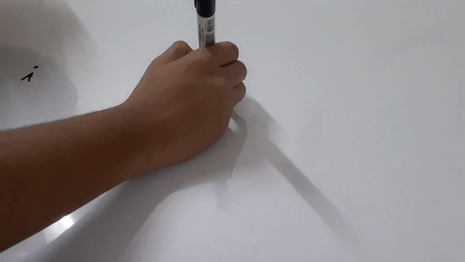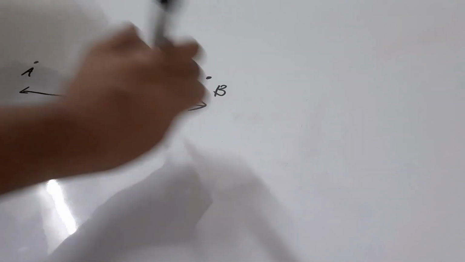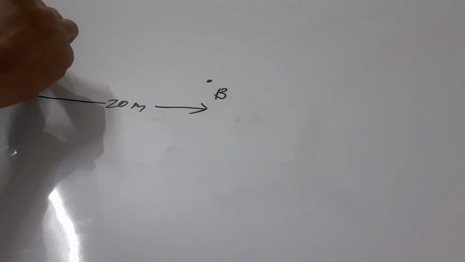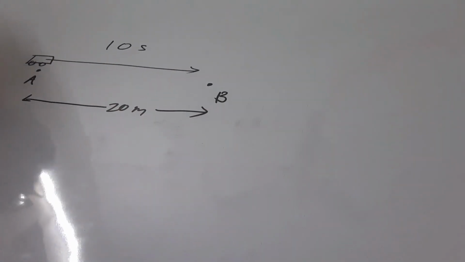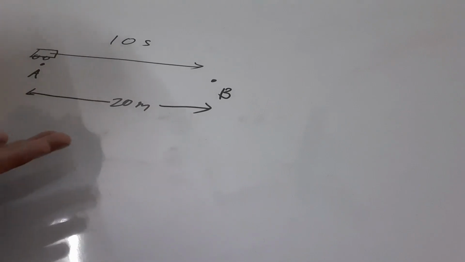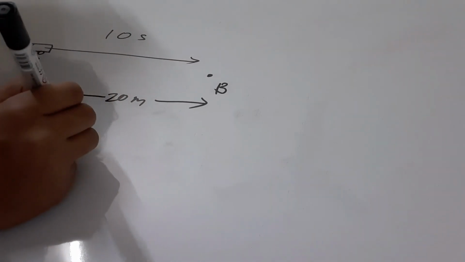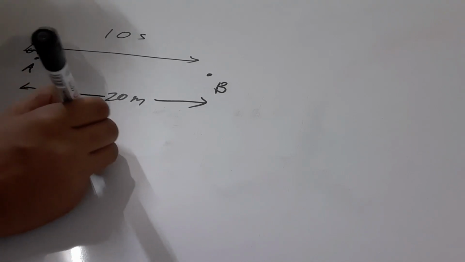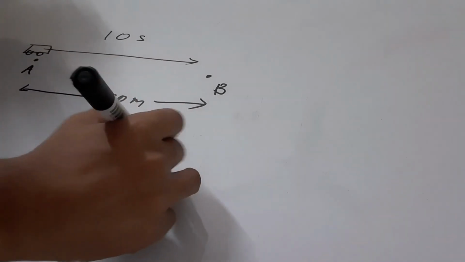Suppose there's a point here, A, and there's another point here, B. Now the distance between A and B is, say, 20 meters. You start up your car here and you drive from A to B and take a good 10 seconds. And I tell you to calculate the average velocity during this journey. So if you know how to calculate the average velocity, you're going to say that the average velocity is equal to total distance upon total time, which is 2 meters per second in